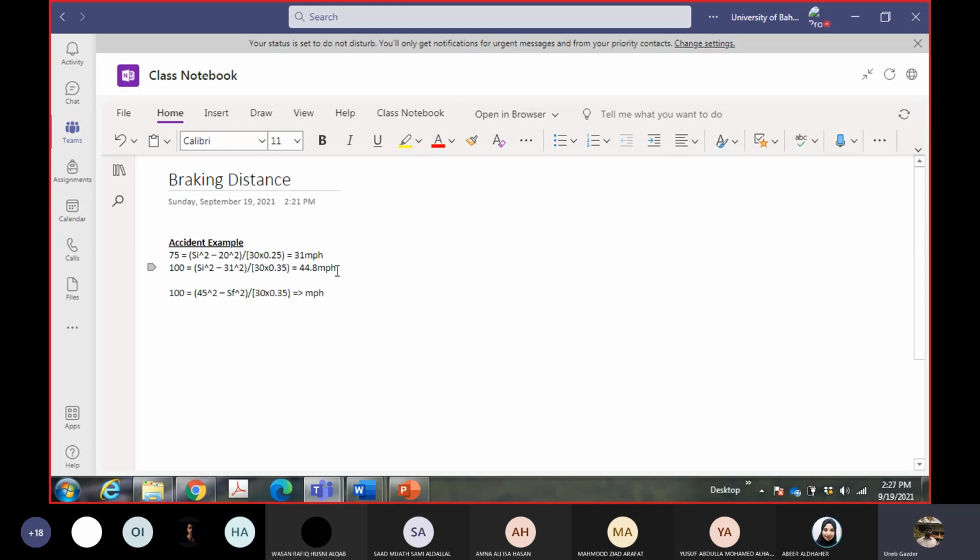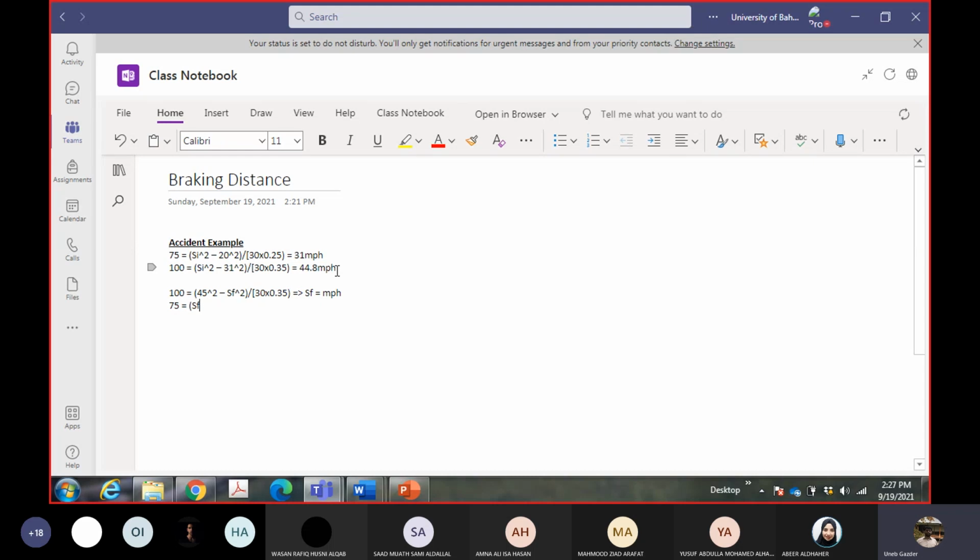Okay, so in this case, the problem will reverse. If they gave you the initial speed, the problem will reverse. So now you start from the pavement, because the speed is given for the pavement, and then you will find out SF. Then do the same thing. After finding out the SF, you will find out the speed for the shoulder. So then you will apply the equation to the shoulder.